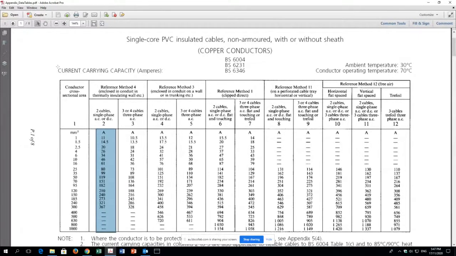So the current carrying capacity given here is the maximum long time current allowed to